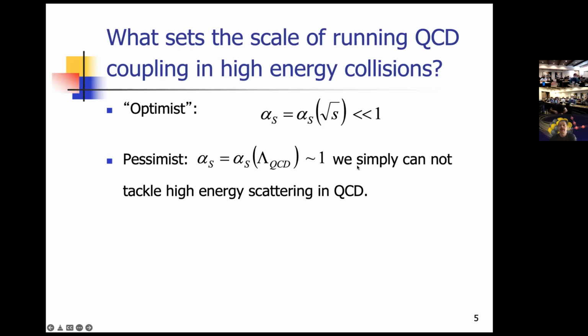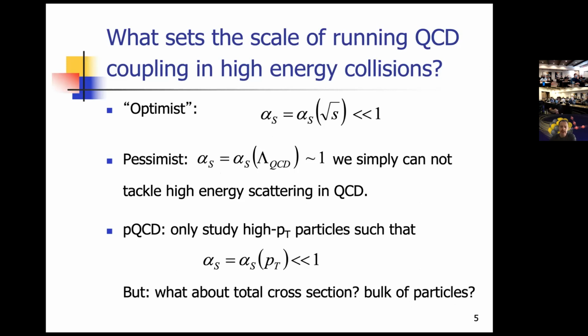And therefore the coupling is order 1, and then we shouldn't just do perturbative QCD. We cannot do a weak coupling expansion. Of course, in pQCD, we know better. We say, okay, we look at events where we produce high pT particles. We can do deep inelastic scattering or Drell-Yan processes with large virtualities, with large Q squared scales. And that gives us a hard scale which justifies using a small coupling.